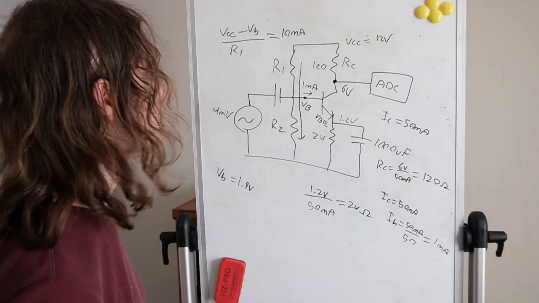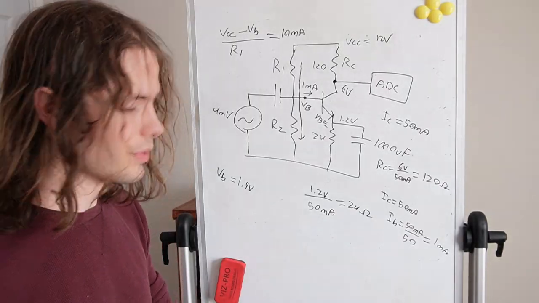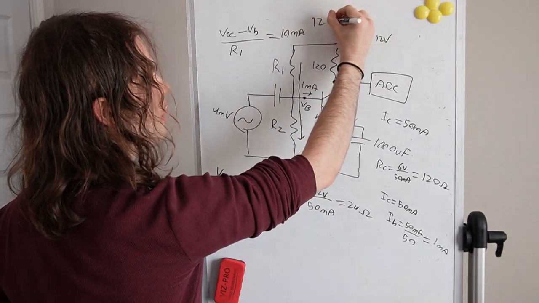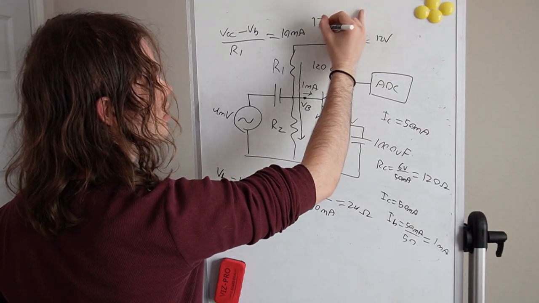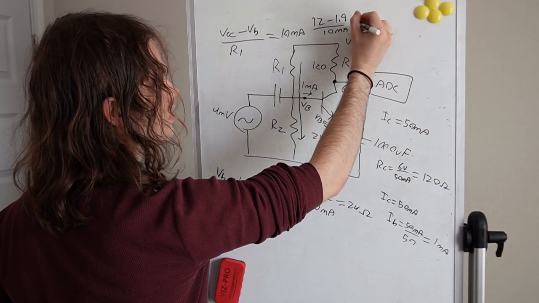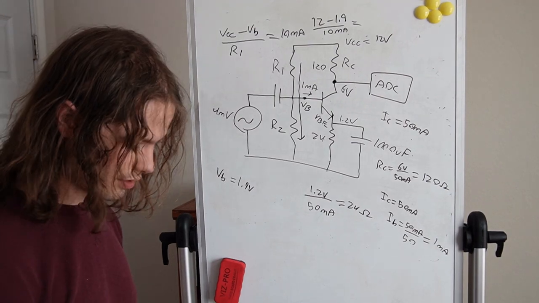So shifting this around, the value actually will become 12 minus 1.9 divided by 10 milliamps, which will give us 1010